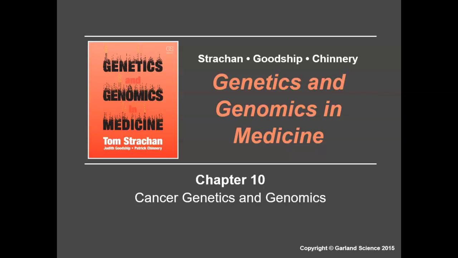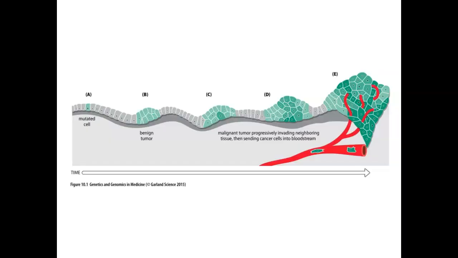This is just a review of Chapter 7 in terms of major aspects of the exam. Chapter 10 obviously is about cancer, so it would make sense to give you a little bit of background about exactly what it is. You can look at an image like this, but basically I consider cancer 3 words: uncontrolled cell growth.